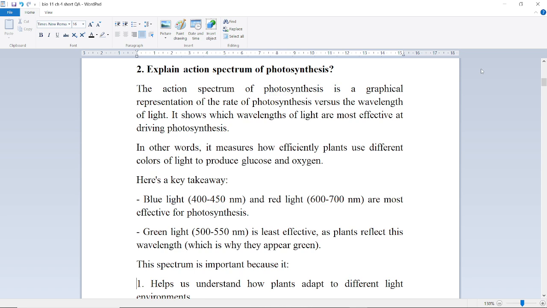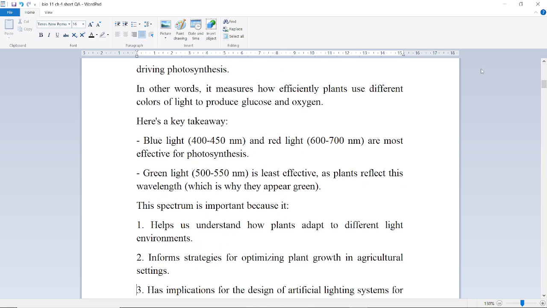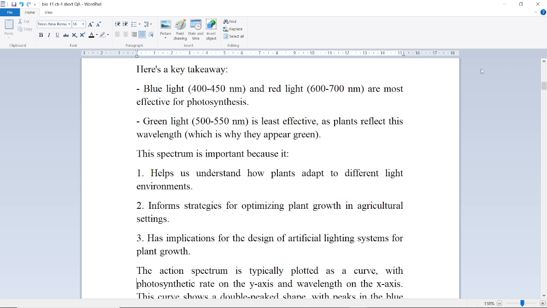Here's a key takeaway: blue light (400 to 450 nanometer) and red light (600 to 700 nanometer) are most effective for photosynthesis. Green light (500 to 550 nanometer) is least effective as plants reflect this wavelength, which is why they